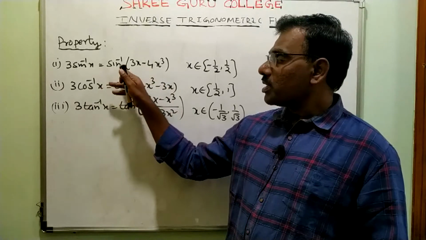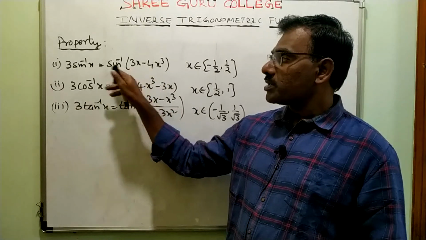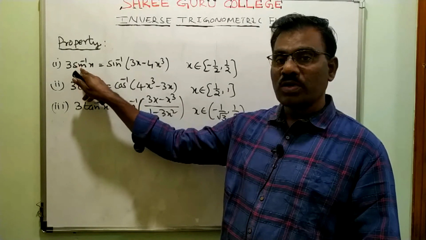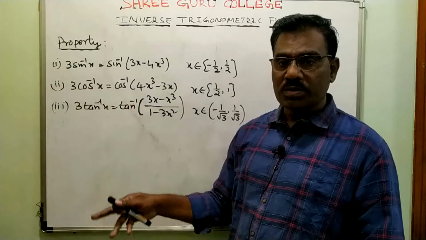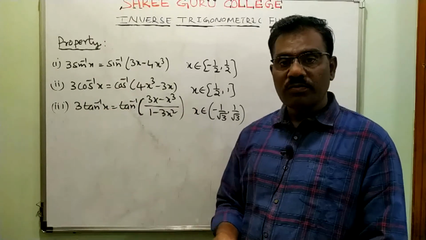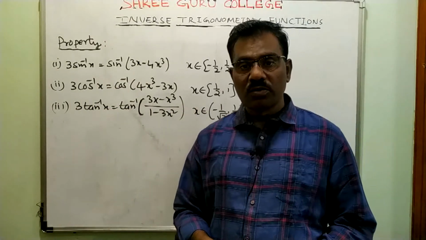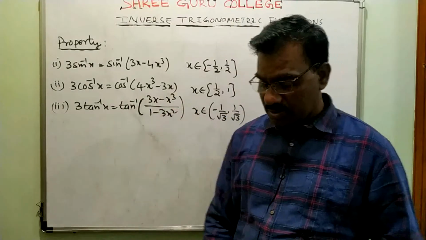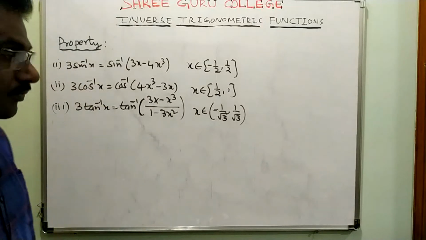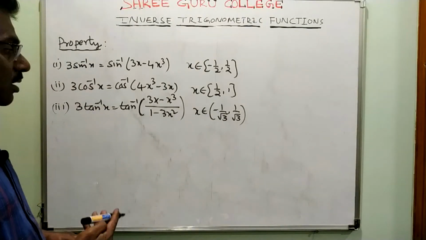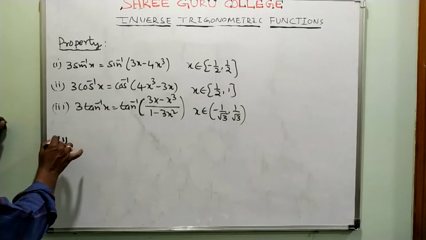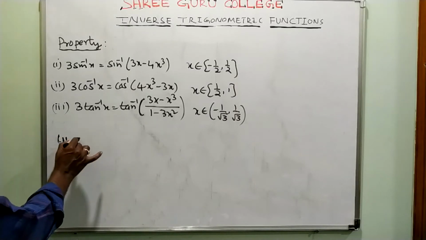Now what is the question asking? This is given, find dy by dx. So at least the simplest form is 3 sin inverse. Differentiation of inverse trigonometric functions, these are only inverse trigonometric functions, okay? And write in simplest form, in terms of inverse only. So one I will prove. First one, I will prove that first one.